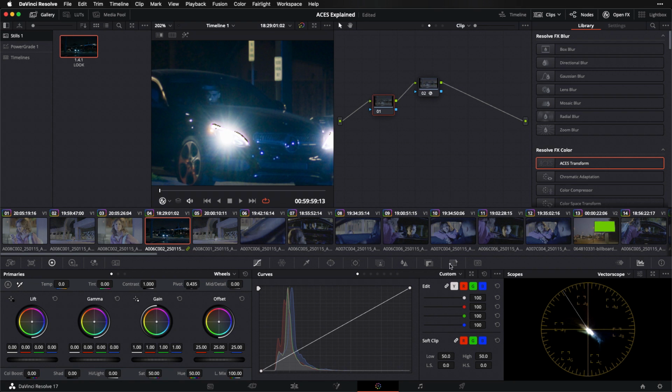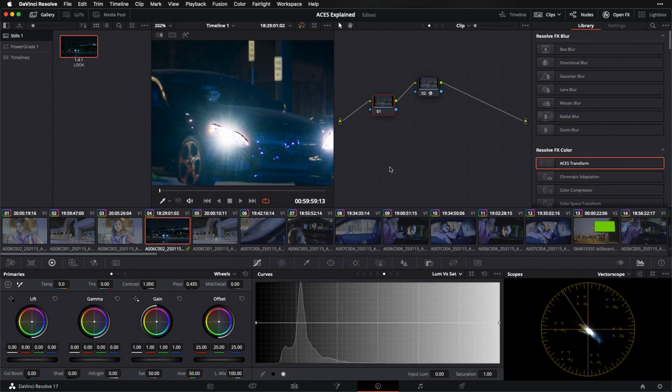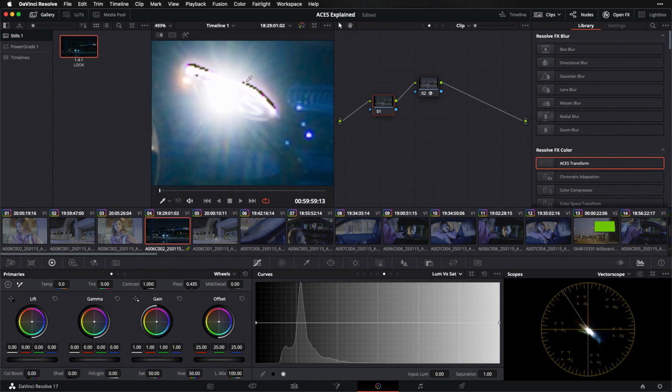So what I'm going to do to solve this is go down here to my curves and go to my Lum versus Sat, and I'm not going to try to reduce the luminance of these headlights or the edge around them. I'm going to try to reduce the saturation a bit, because to my eye, by the time it gets out to Rec 709, it's reading pretty neutral anyway. It doesn't actually look very saturated, so I'm not going to be losing anything if I desaturate these edges a bit. And I'm going to zoom in on the shot, and I'm going to sample this area here to get a feel for where on this luminance curve this is living. And then I'm just going to drop things down until the issue resolves itself, like so.